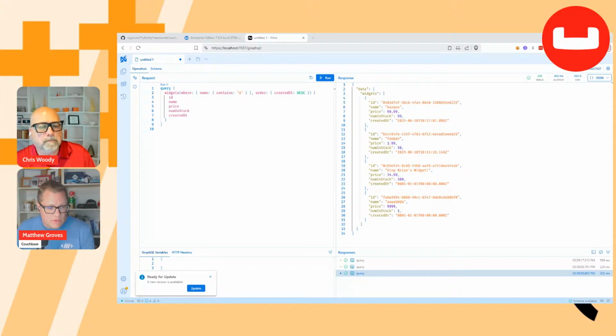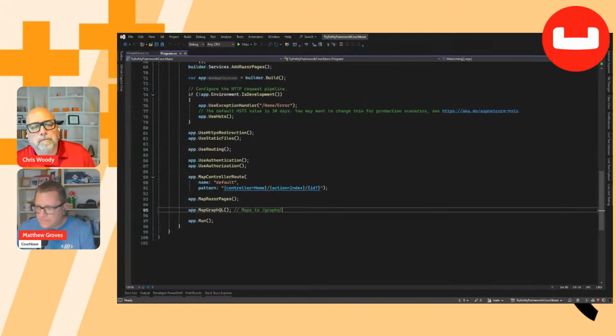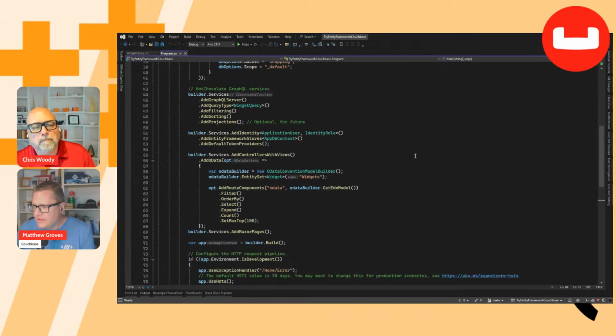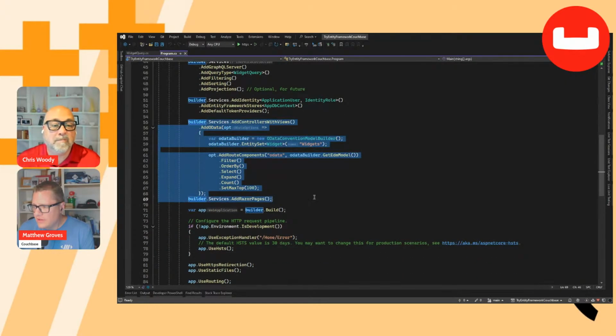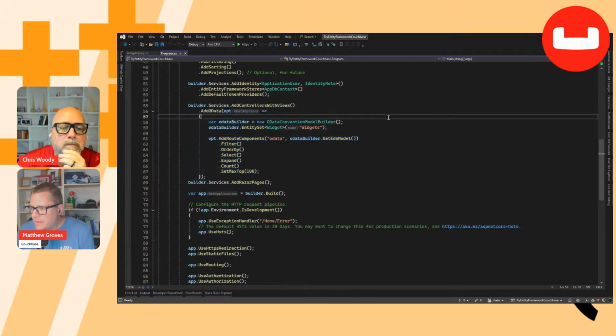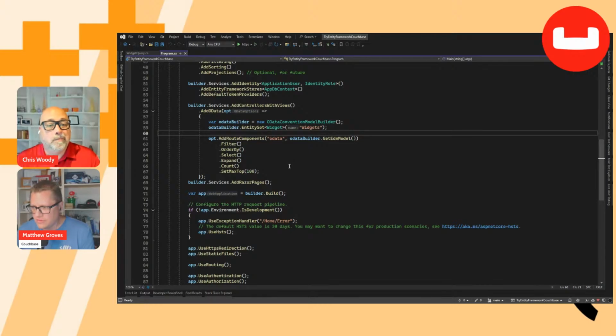So the one last thing I want to show is OData. And so for this, I've got, again, just another line of configuration here. Actually, it's just this part right here. Actually, it's even less than that. It's just this part. So I'm saying, again, I want to set up an OData convention model builder, and for a specific entity set, it's widget. And this is all the things we want to enable. We want to enable filtering and order by and all those sorts of things. And so this will give us an OData